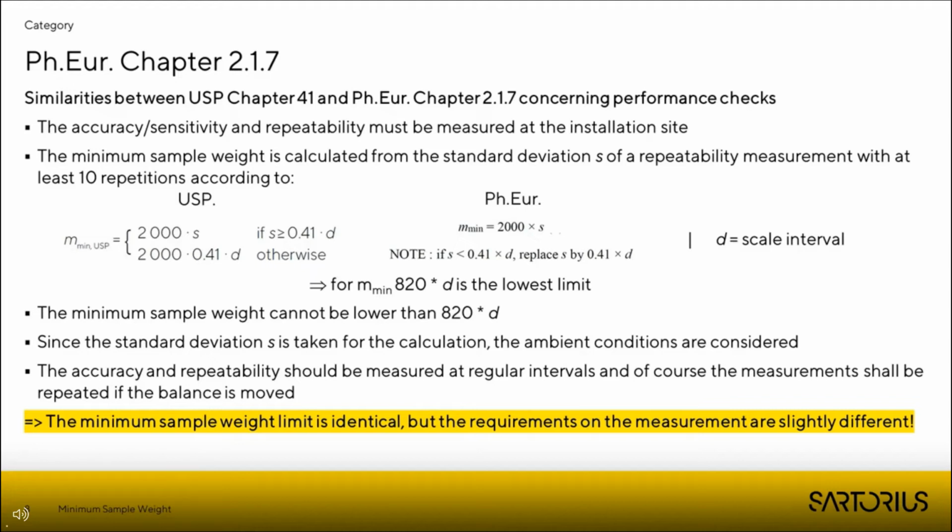According to both chapters, the performance checks must be conducted at the instrument's installation site. Using the standard deviation S of the repeatability measurement with at least 10 repetitions, the minimum sample weight is calculated. To calculate the minimum weight, the standard deviation is multiplied by 2000. If the standard deviation is lower than 0.41, this equation is replaced by 2000 multiplied by 0.41 multiplied by the scale interval. So in consequence, the calculated minimum sample weight cannot be lower than 820 multiplied by the balance's scale